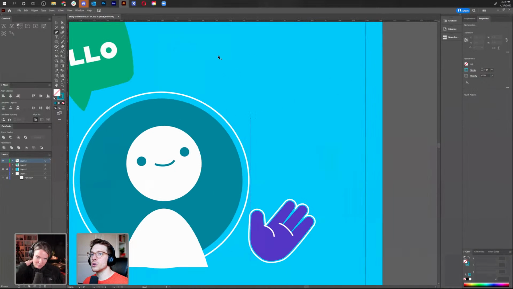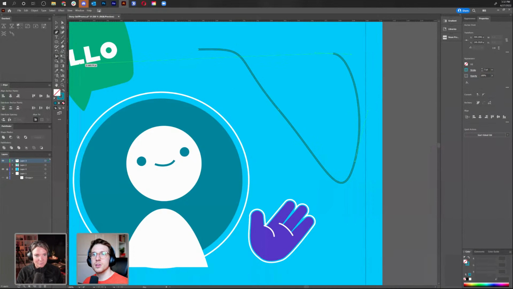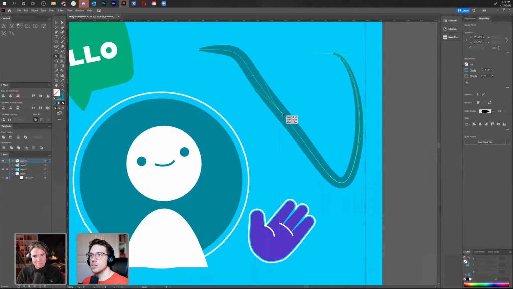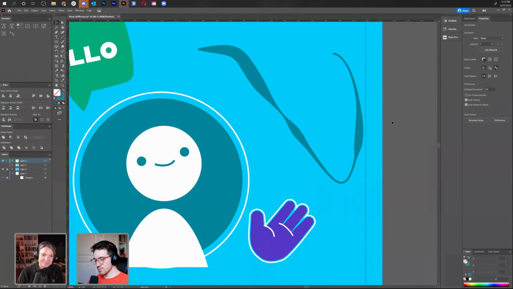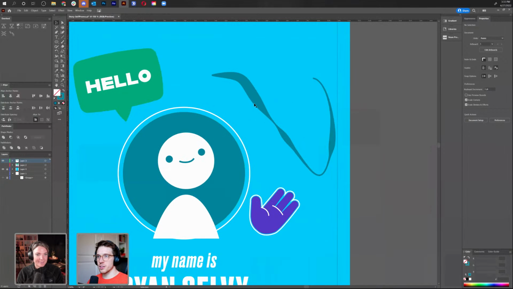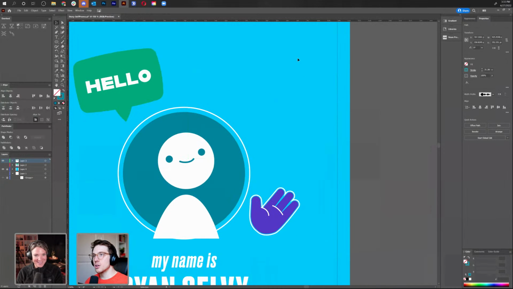Also, another really cool tool that I've been using a lot lately is this width tool. When you go in, everything is obviously uniform, but then you can make some of the stroke thicker than others, and it still remains the same. Wow. Which is really cool. I don't know if we'll use that in this project, but that's really cool. You can normally make it prettier than that. This looks like a tapeworm or something, but